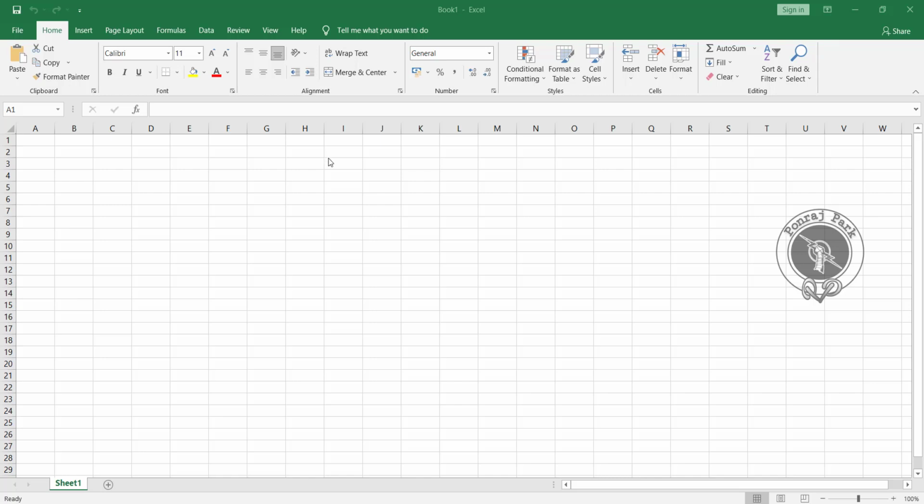So today we are going to learn about this alignment group in Microsoft Excel 2016. So let's get started. Basically we'll require this alignment group for arranging your text properly, or aligning them, we can say. Whatever data you had uploaded, how you want to align it, for that purpose you will require all these commands. So we'll see each and every command one by one.